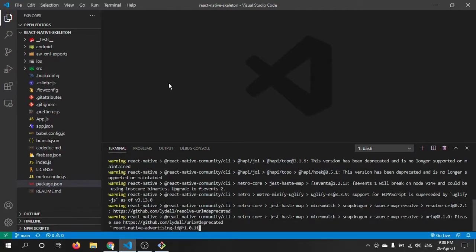It will take some time to download all those dependencies. Let's wait.